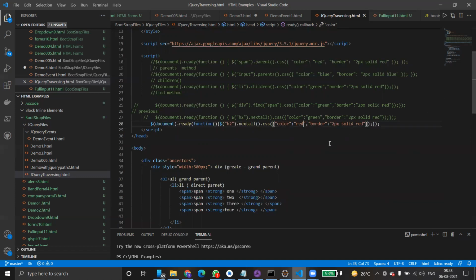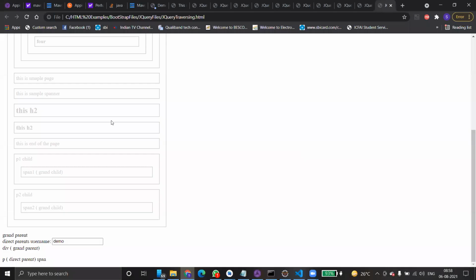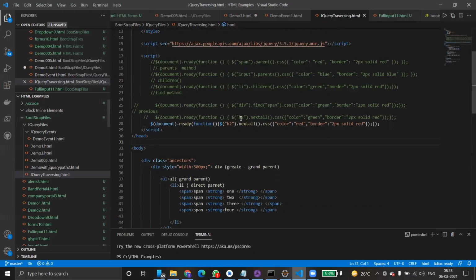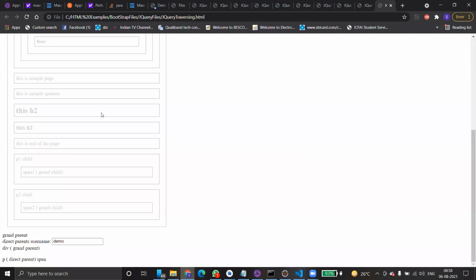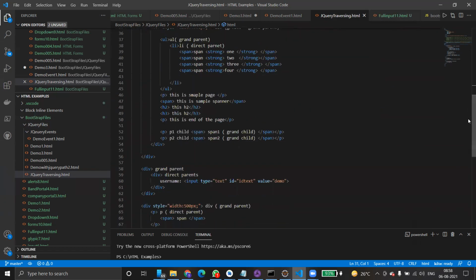Okay, I will check this code later. But ideally, if you use nextAll, what happens? What's next to h2? Next to h2 is a page. Both the things will be changed to red color. This is h2, right? Yes, this is h3 basically, I have given a wrong description. This is h3.